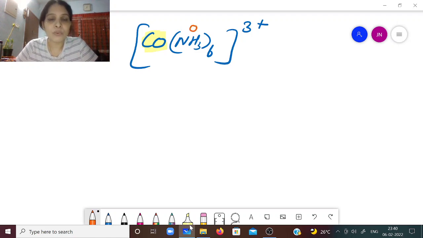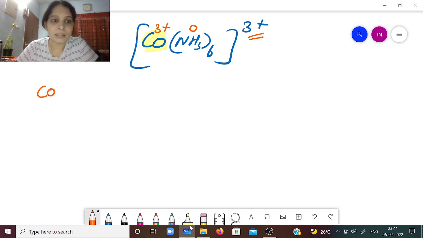The total oxidation number of the coordination entity is 3 plus. So the cobalt's oxidation number will be 3 plus. So 3 plus plus 0 equals 3 plus. This is how we are finding out the oxidation number of the central metal atom here. Now we have to write in a systematic way and see the valence bond theory of this complex. So cobalt, first we have to write the